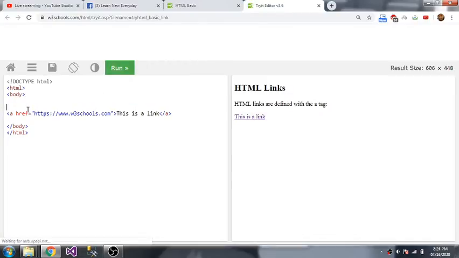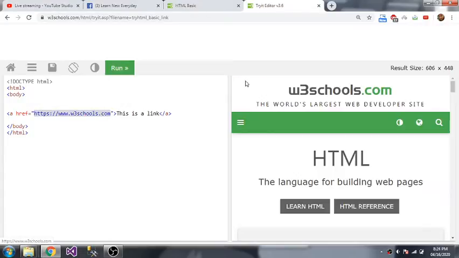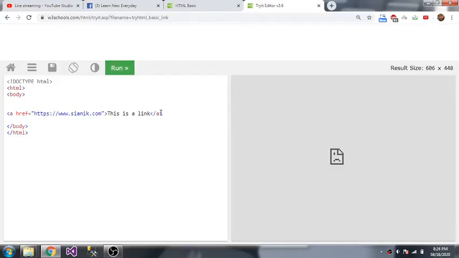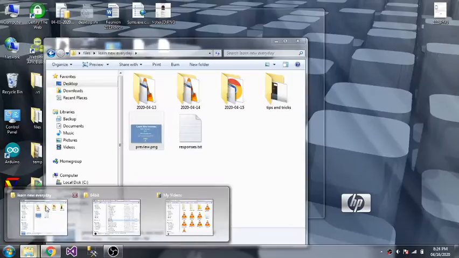Okay, this is a link, and this is the link where it will go if you click on it. If I click, this will go to w3schools.com. Let me do another thing. If I do this, this will go here, but they won't allow me. Yes, they won't allow me to go there. Let me do this in my